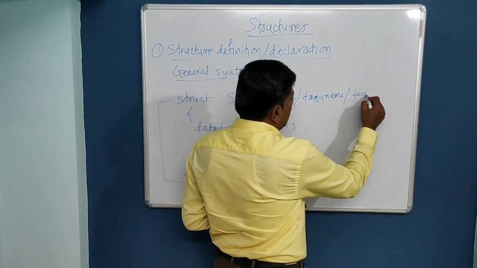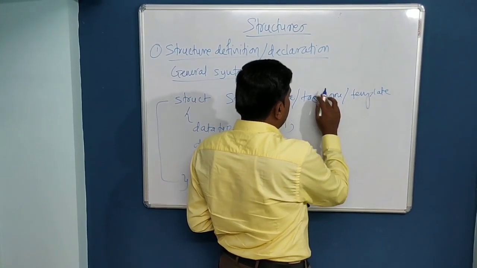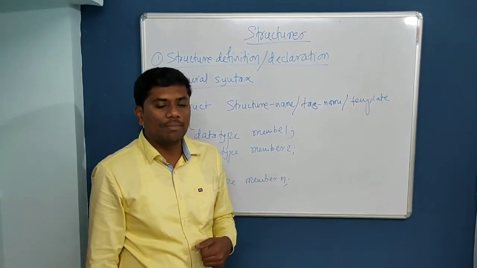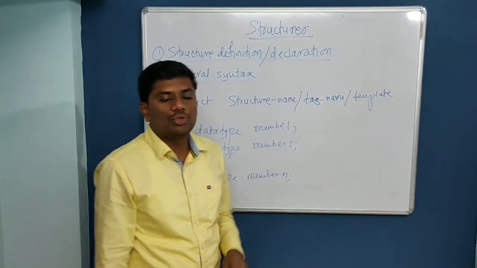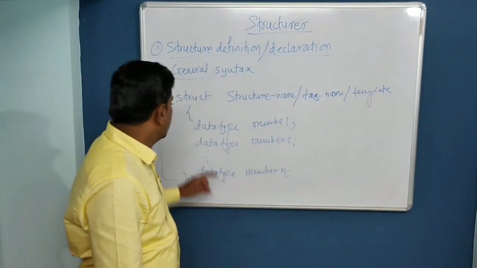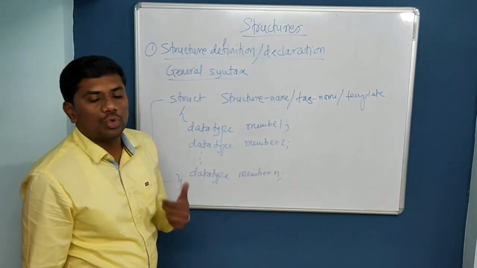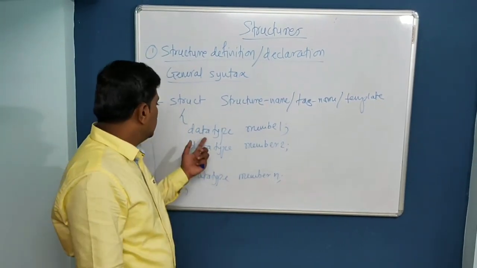Tag name or template name. Structure name is also called tag name or template name. This structure name should follow the rule of identifier. Next, data type. Based on your requirement, suppose you want to store information of student, then suppose you want